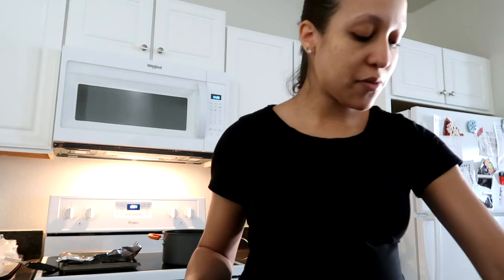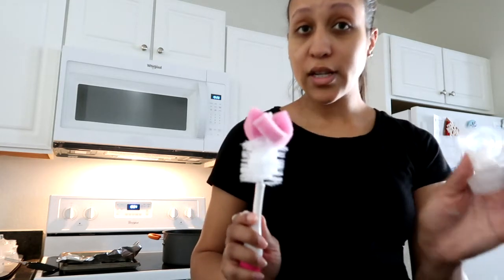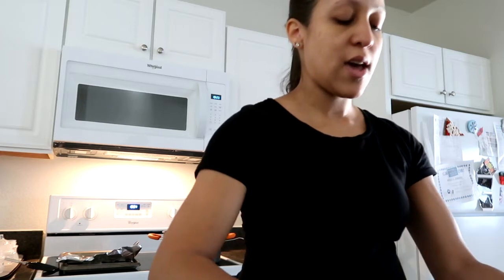So I'm going to finish scrubbing all of these bottle parts that you saw in the sink, and pieces to my breast pump, to at least make sure that they're 100% cleaned out. I do plan on breastfeeding like I've done with my previous pregnancies, but at the same time I do want to do a little more bottle feeding this time. Actually, I did do quite a bit of bottle feeding with Miles. Not me personally giving him the bottle, because he was in daycare since I was still in university, but I do plan on doing some more bottle feedings with this little guy as well,